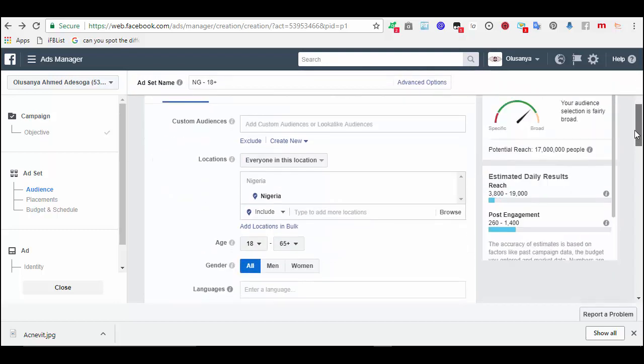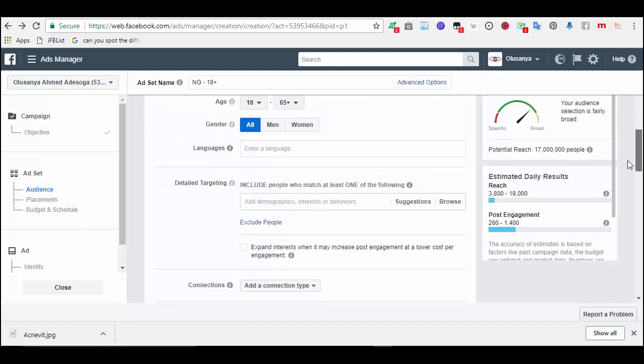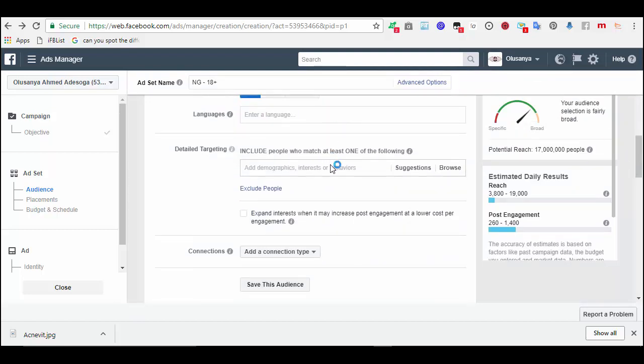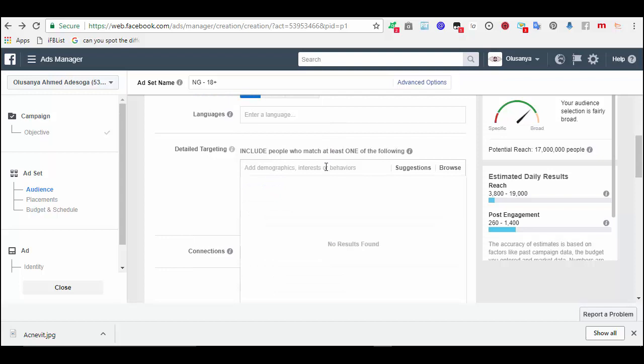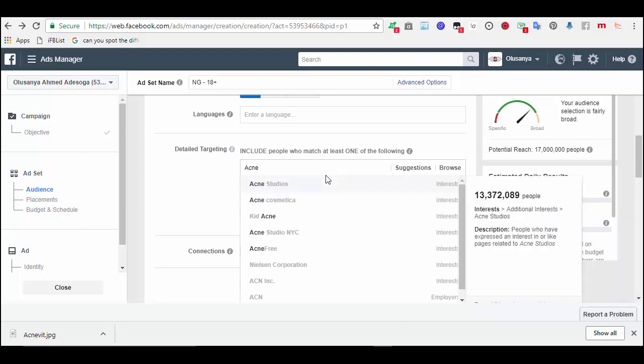This is what I use. Let me say I'm targeting everyone in Nigeria. Fine. Now I want to target, because I'm dealing with beauty products, acne. So first thing first, I will type acne, because your first keyword must be acne. Free. 63, can you see 63,680?